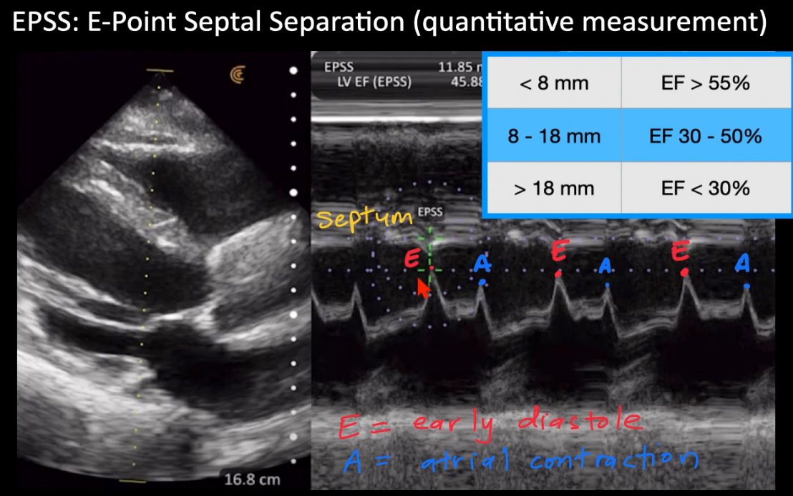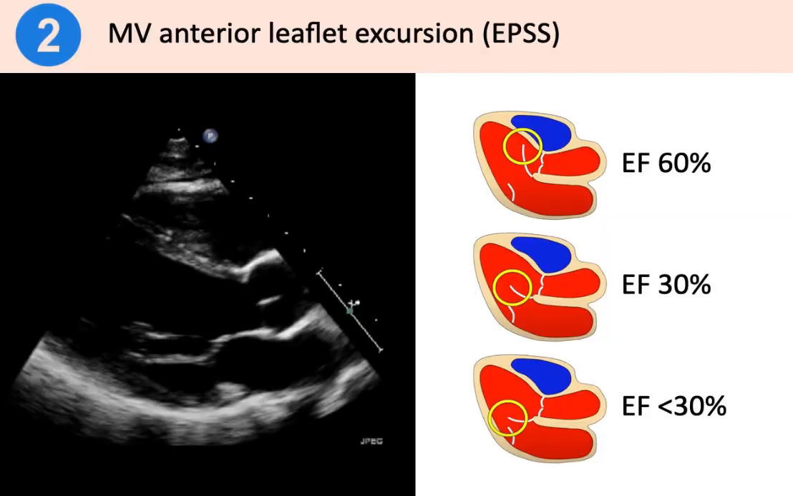It is measured as a distance from the E point to the septum. In normal contractility, the EPSS is less than 8 mm. If the EPSS is more than 18 mm, it will suggest very poor contractility. So, if we are estimating cardiac contractility by visual estimation and without making any measurements, we can use this simple